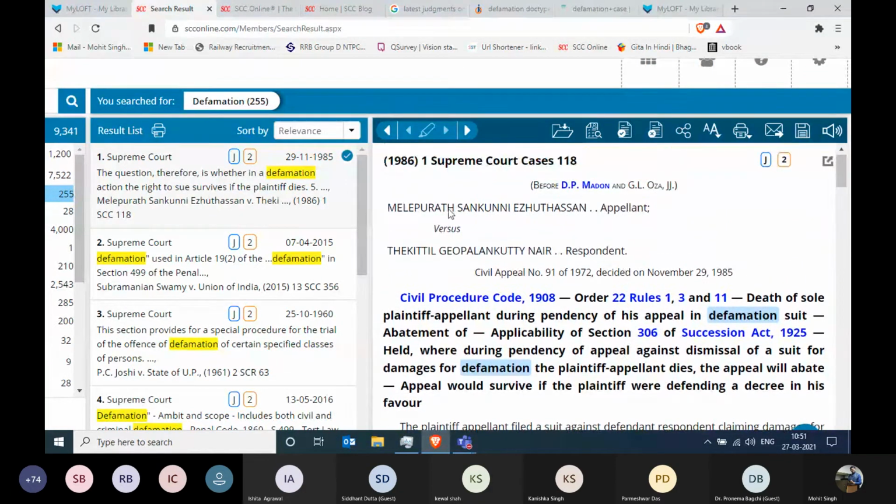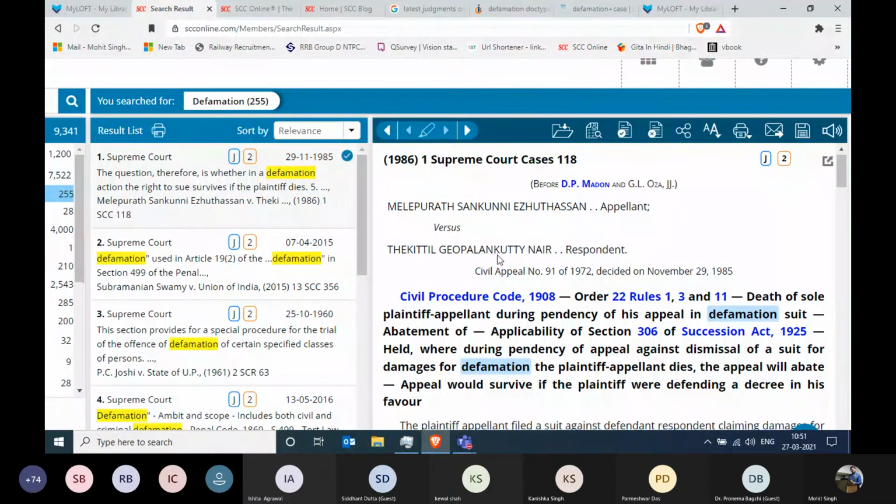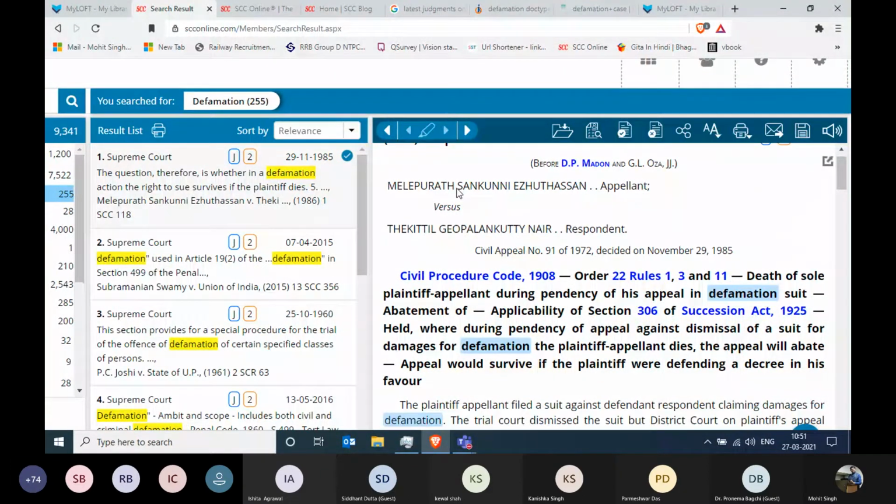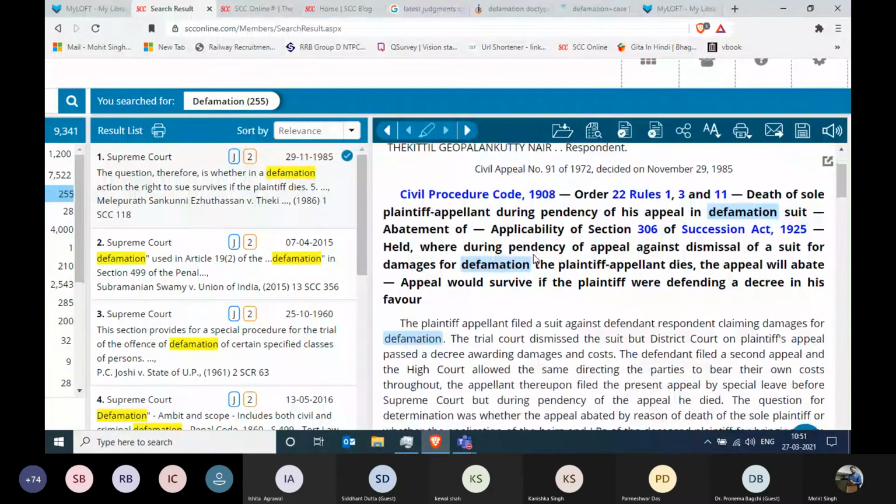When you're looking at a judgment, first of all, you get to see the quorum strength. The quorum strength comprises two justices over here, Justice Medon sir and Justice Oza sir, right? But only Justice Medon sir's name is in blue bold color. That simply means Justice Medon sir was the one who authored the judgment, who penned down the judgment, right? So this is the party name. I cannot pronounce this party name. I'm really sorry for that.